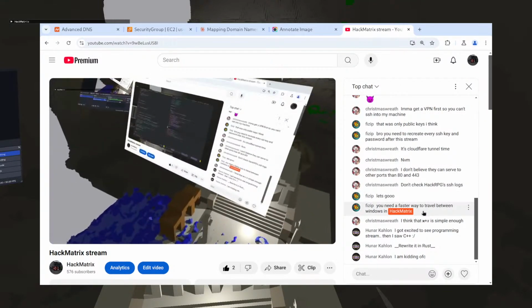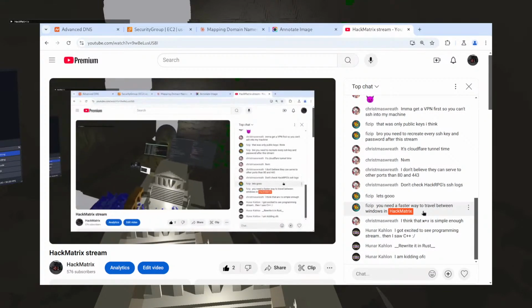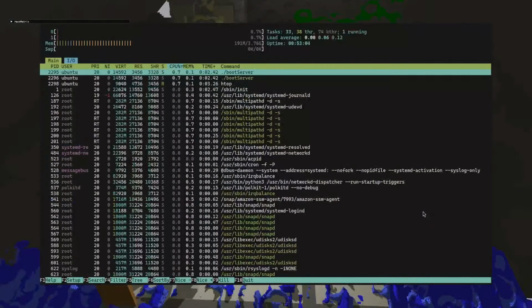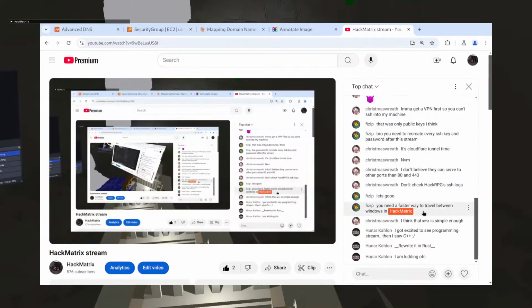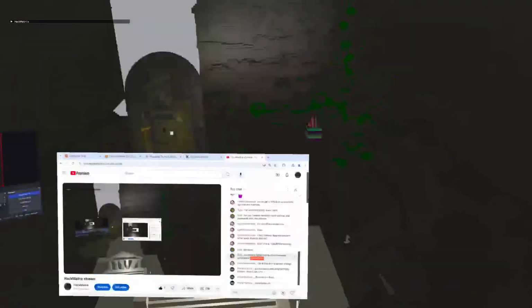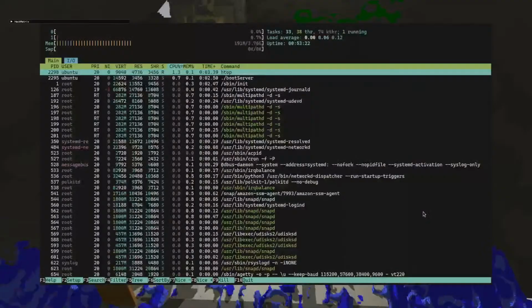You need a faster way to travel between windows in HackMatrix. I don't know, I think this is fast. And the thing is there's flop. Flop is controlled with 0 and 9. If I press 9 like 8 times, now it's instant.